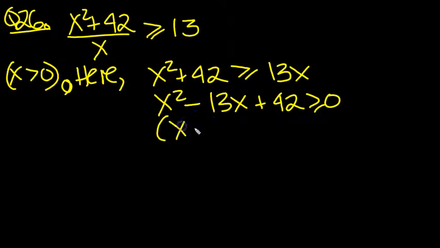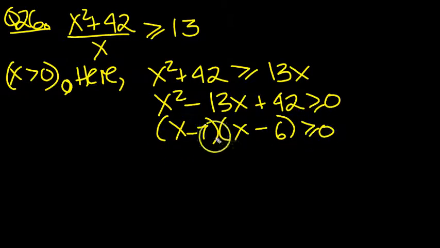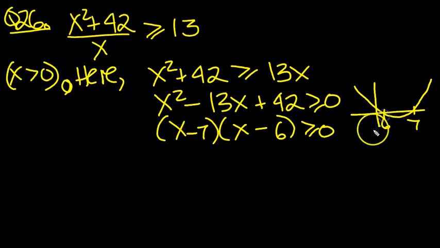And we can factorise this, can't we? 6 sevens, 42, and 6 and 7 add up to 13. So we can see that we've got two roots at 7 and 6. It's a U-shaped quadratic, so I'll just put it in. Oops, that's supposed to be 6 and that's supposed to be 7. So here we've got 6 and 7, and we can see that this quadratic is greater than or equal to